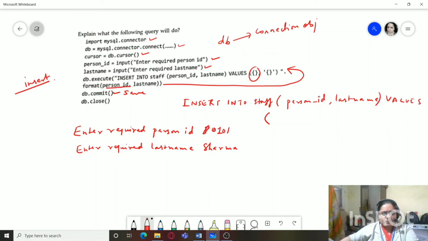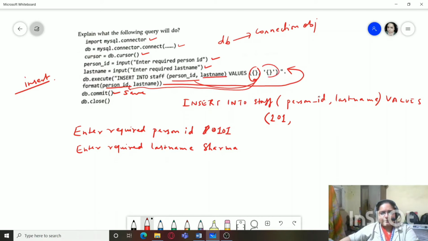Now person ID P01, we will remove the P and we will remove the 0 and we will make it as 101. Why? Because here you can see that there are no single quotes. Okay, this pair of braces or this argument is not enclosed within any single quotes. Hence person ID should be numeric data. So we have taken numeric data 101. So values, it will be taken as 101 for the first one, that is person ID. So person ID will refer to this one and this one will be referring to this person ID which is sent. Next is last name.